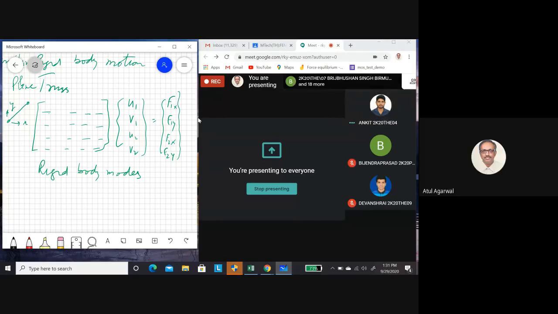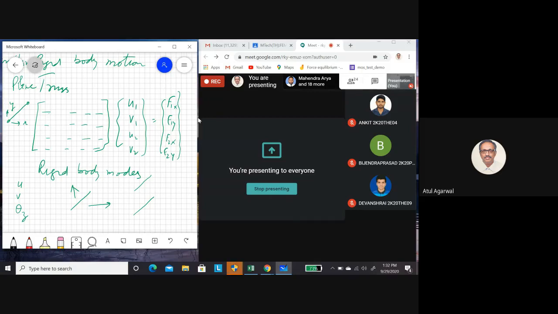Very good. But it can have translation in x direction as well as y direction. So you can translate it in x and you can also translate it in y. Translation in a plane is a vector, so you can have x component and y component. Similarly, it can rotate in this plane. So that is its third degree of freedom. So it has u, v, and theta. Theta is about z-axis. These are the x displacement, y displacement. So you got 3 rigid body modes.